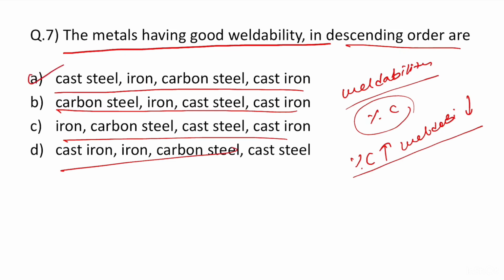If you want to know the percentage for cast steel, 0.1 to 0.5 percentage, in carbon steel 0.3 to 1.7%, here it is 2.5 to 4%, here it is between 0.5 to 1%. So this is not iron, exactly iron. If you compare the iron, carbon steel is having less percentage of carbon. Here iron means not the pure iron, because you cannot use pure iron, right? So you should know the term.